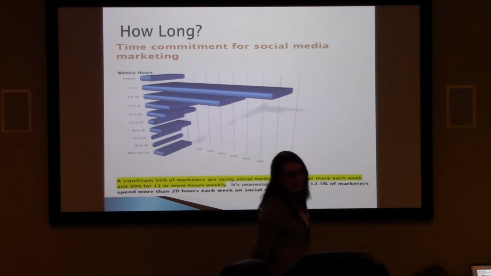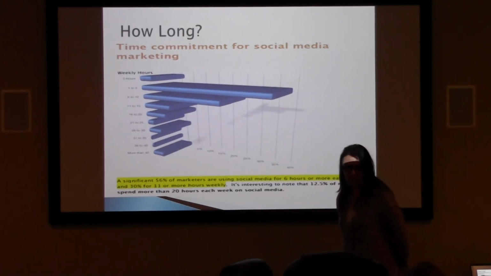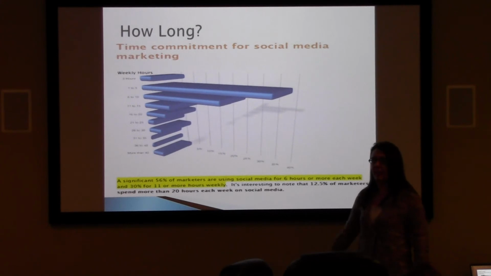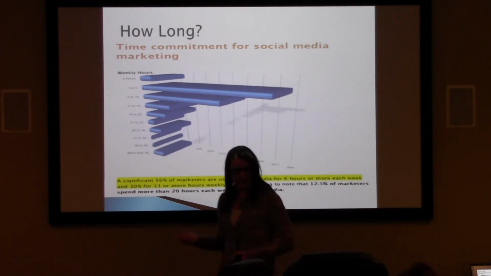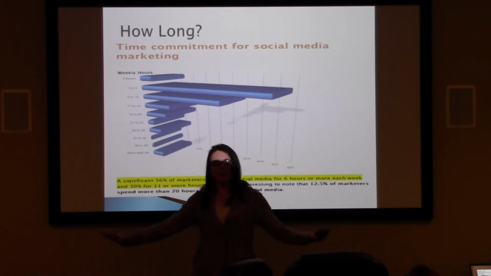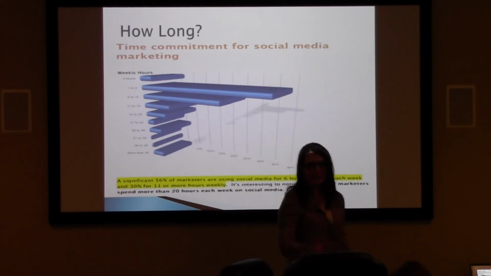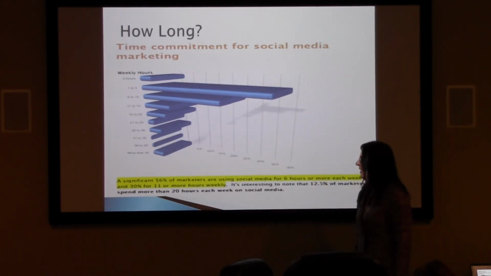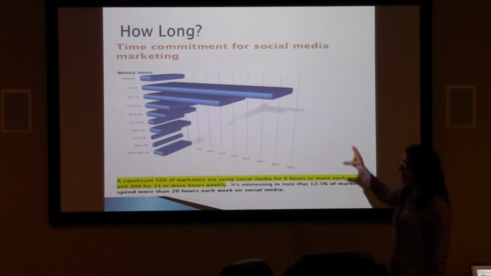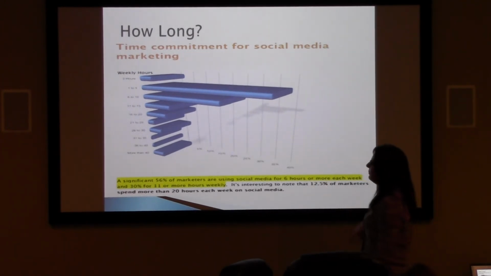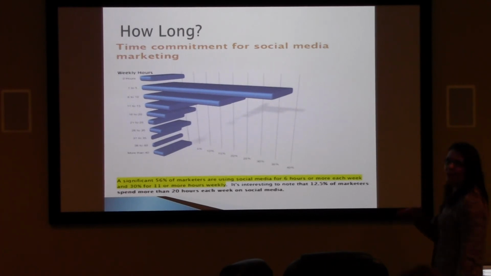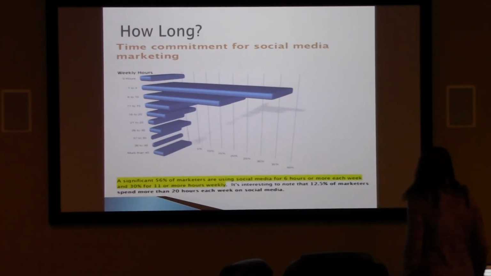Now, that doesn't mean you have to sit down for 1 to 5 hours in one sitting. I have been known to check my Facebook while I am in line at the grocery store. I have been known to tweet while I am in line at the grocery store. Because I am an extremely type A personality, and by God, if I am not doing something efficient and effective every second of every day, I will lose it. So I've segmented this out, but generally, if you're looking at 1 to 5 hours a week, you're okay. And I think everybody in this room can do 1 to 5 hours a week. That's not a whole lot of time.